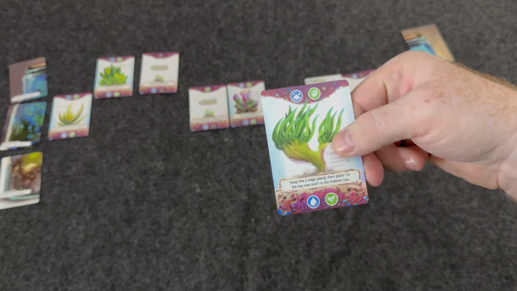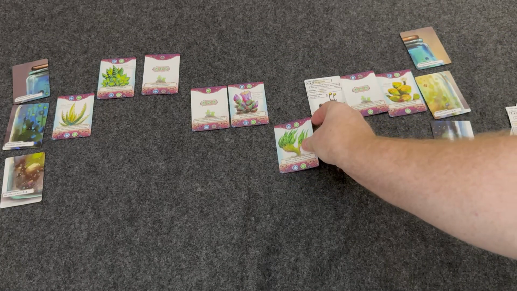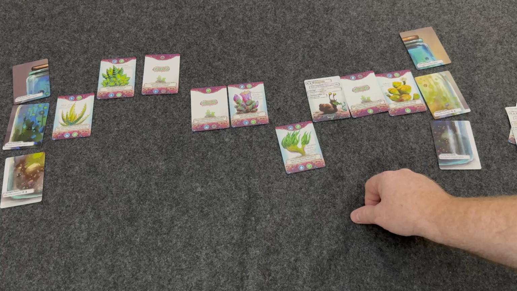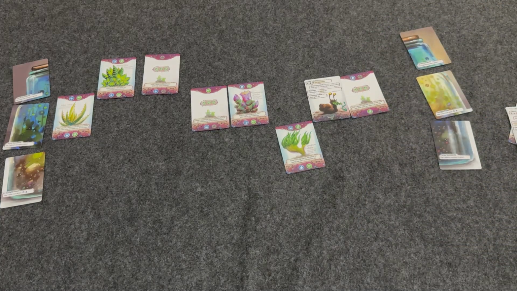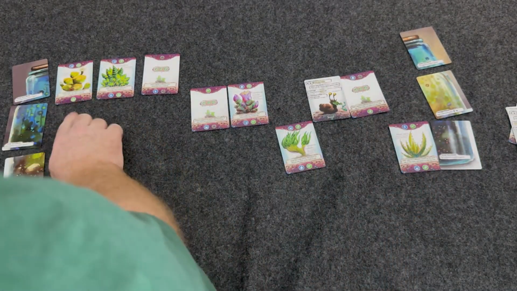What does this do? Swap 2 edge plants, then place it in the top row and the other one in the bottom. That was done here. Okay. Swap the 2 edge plants. So this edge plant's going to swap with this edge plant, which is really good. And I'll place this one in the bottom row, and I'll place one on the top, because now I have this one,